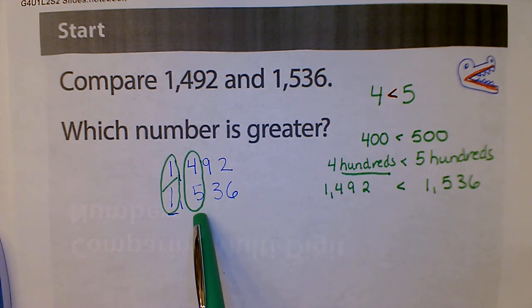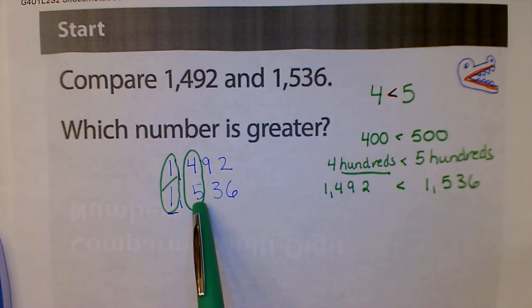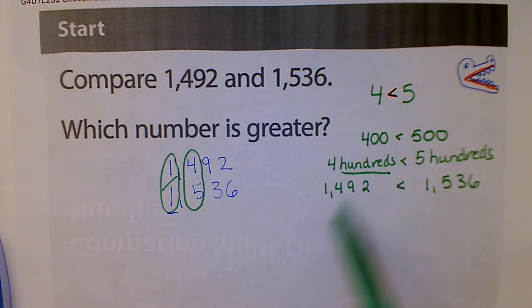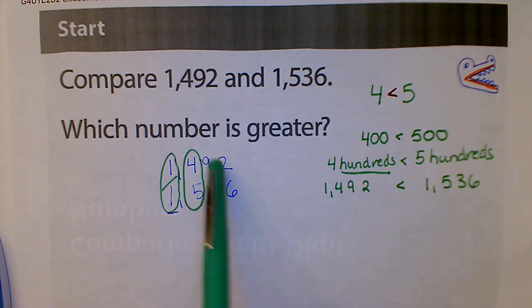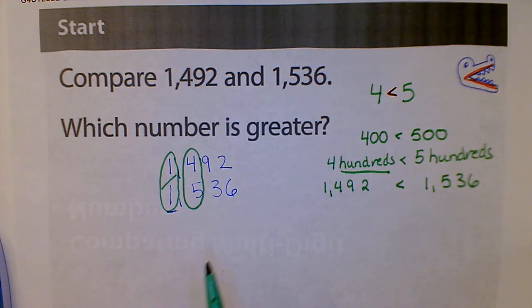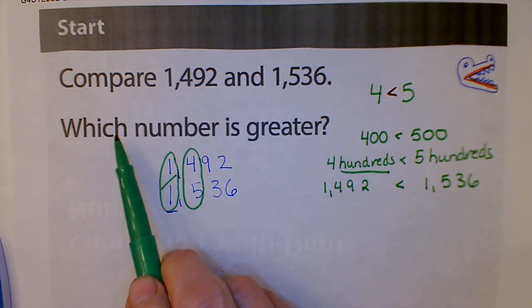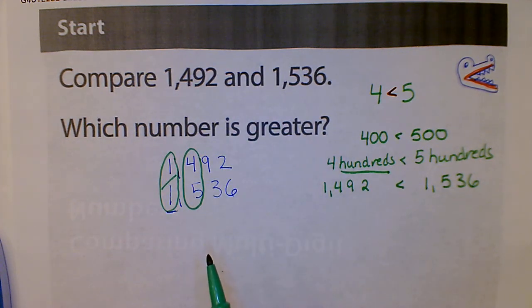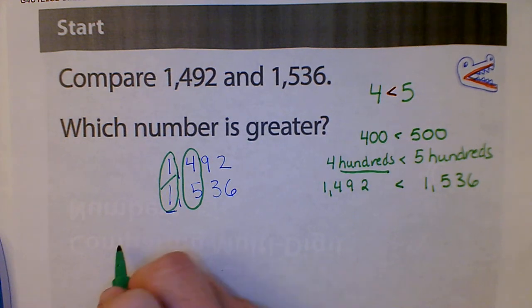And here you can see 5 was greater than 4, so 5 hundredths is more than 4 hundredths, or 500 is greater than 400. Which means that this number is greater than that one. And again, they are asking us, always go back and check, did I answer the question? They said, which number is greater? So my answer is that